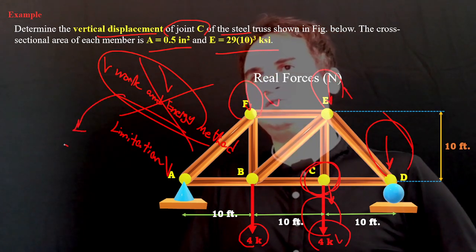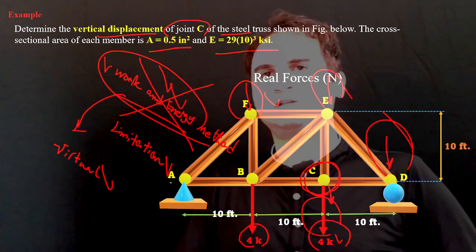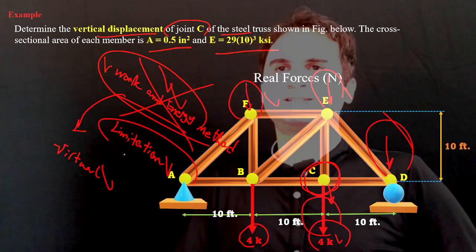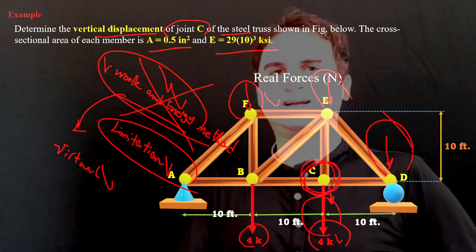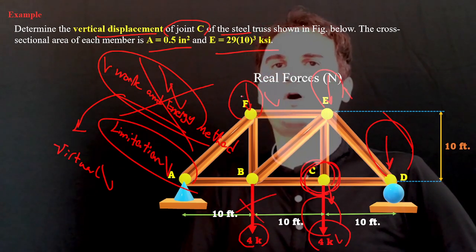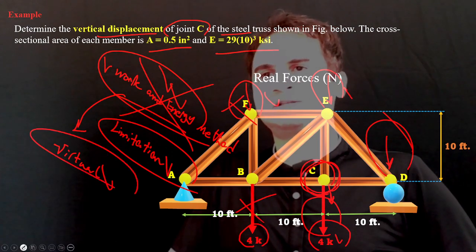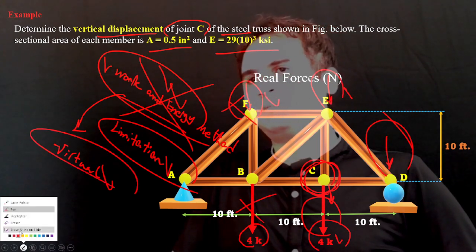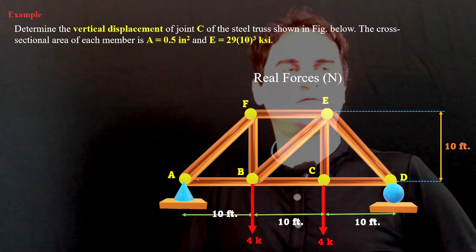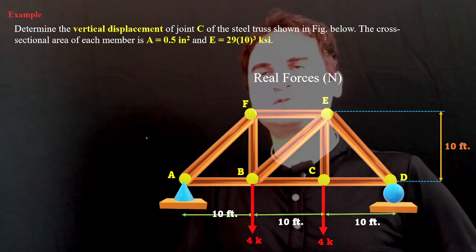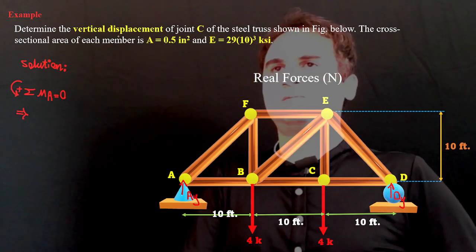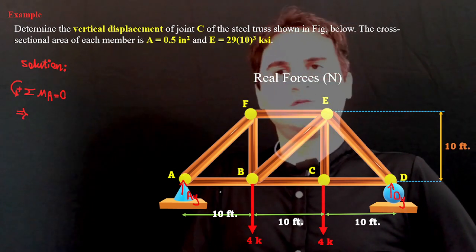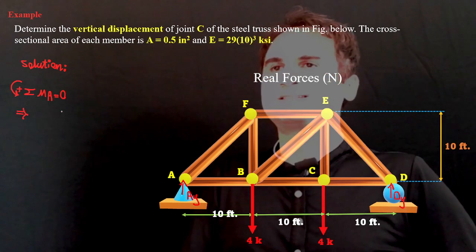So you need virtual work. The work and energy method has a lot of limitations: you should have a real force at the joint you want to observe, and at the same time there should be no other forces on the structure. So there is no way but to solve it with the help of the virtual work method. If we want to solve this problem with the virtual work method, first of all, let's